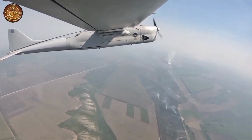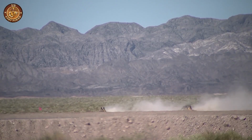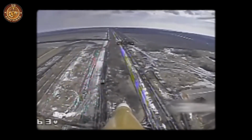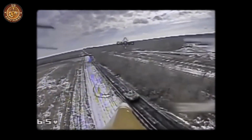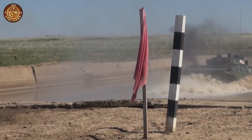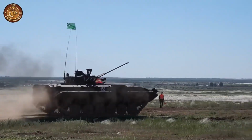The Orlan 10's infrared camera, boasting a 1280 by 720 resolution and 10x optical zoom, detected heat signatures from the diesel engines, indicating the vehicles were moving slowly at about 12.4 miles per hour, likely to conserve fuel or avoid early detection. The mangal cages, suspended 19.7 inches from the vehicle's body, were designed to prematurely detonate anti-tank warheads or deflect overhead